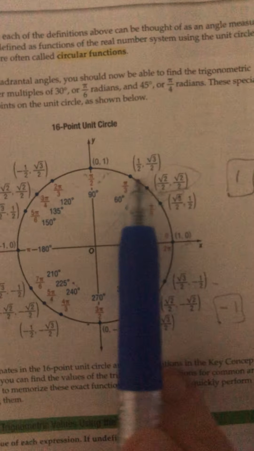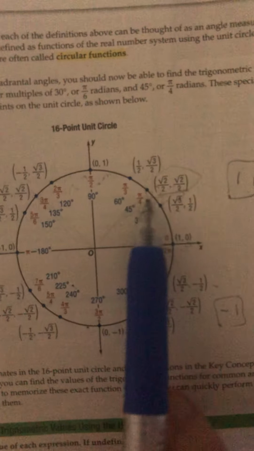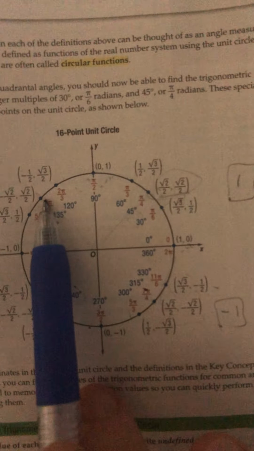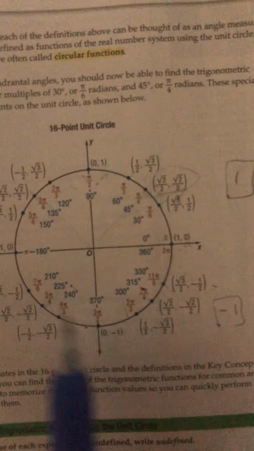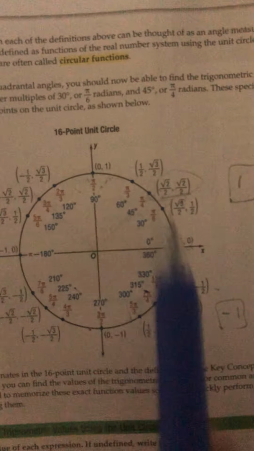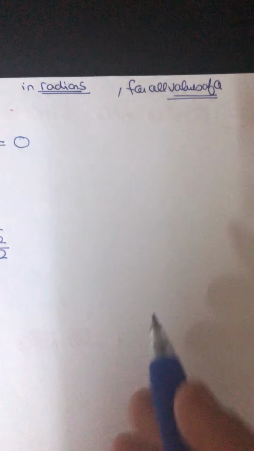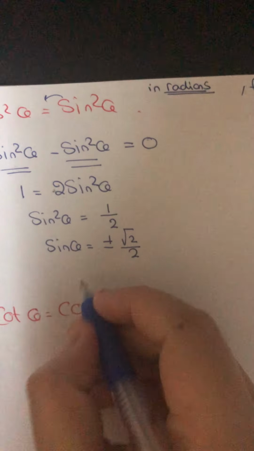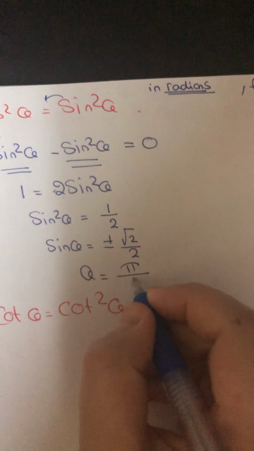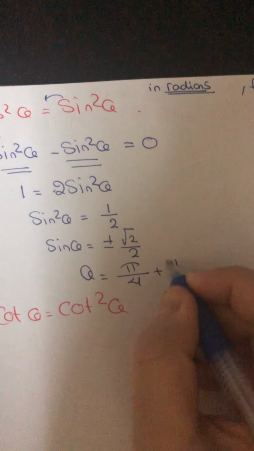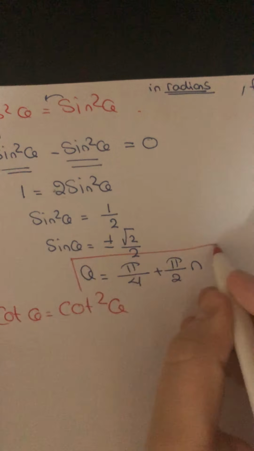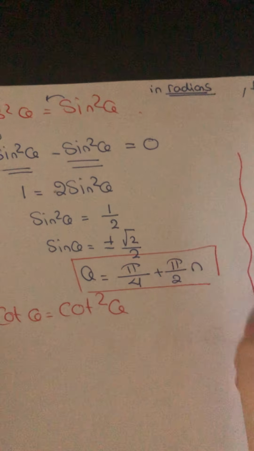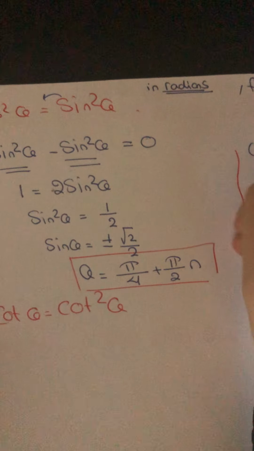So why don't I just say pi over 4, or 45, plus 90? You need 90 times 1 would drag me here, 90 times 2 would drag me there, 90 times 3 would drag me here, and more rounds and rounds. So I won't mention them all. I would just say theta is equal to pi over 4 plus pi over 2, because there are answers every 90 degrees as you saw on the unit circle. How is it easier? I could have just said cosine squared